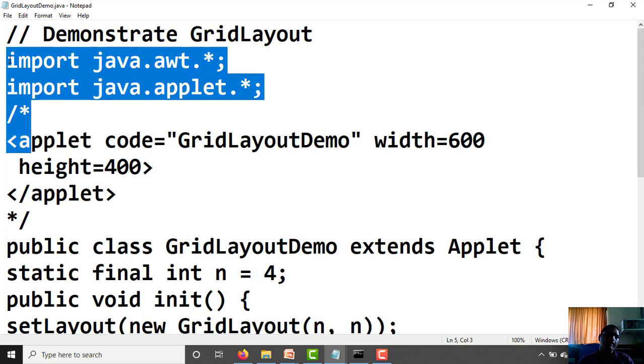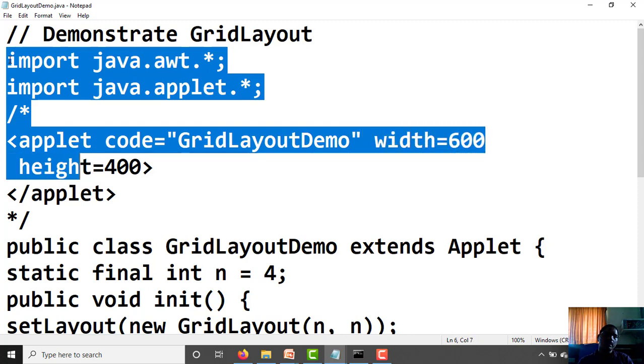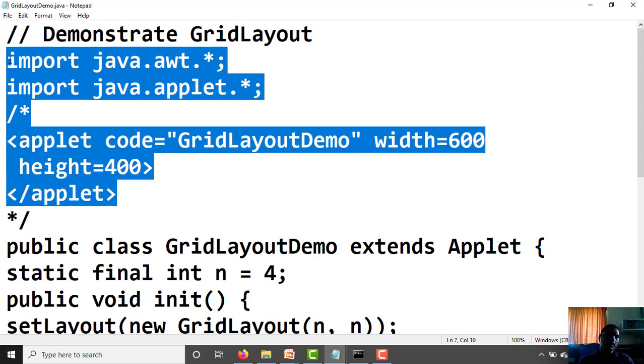Next, start the applet tag: applet code equal to GridLayoutDemo, width equal to 600, height equal to 400. You can take other values for height and width. Next, close the applet tag and close the multi-line comment.